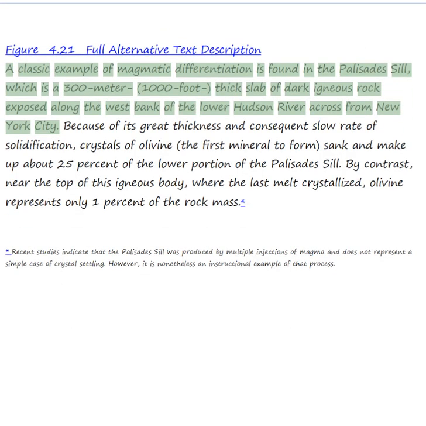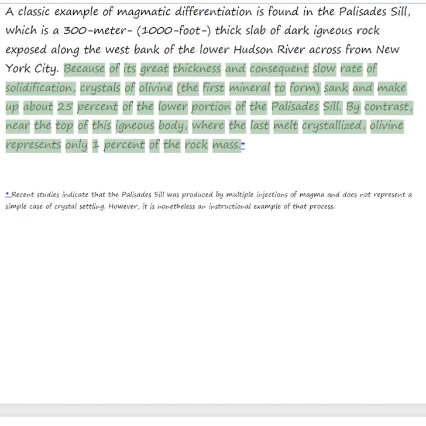A classic example of magmatic differentiation is found in the Palisades Sill, which is a 300-meter-thick slab of dark igneous rock exposed along the west bank of the lower Hudson River across from New York City. Because of its great thickness and consequent slow rate of solidification, crystals of olivine sank and make up about 25% of the lower portion of the Palisades Sill. By contrast, near the top of this igneous body, where the last melt crystallized, olivine represents only 1% of the